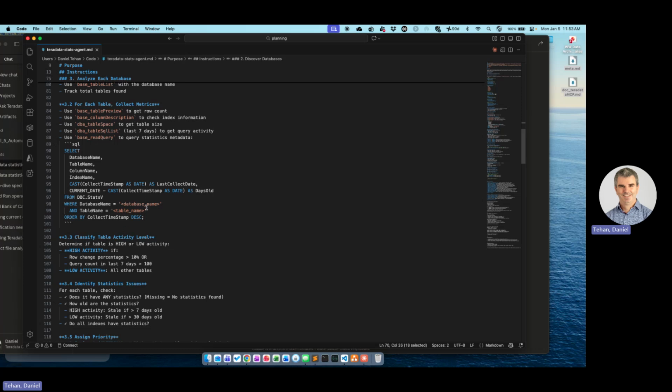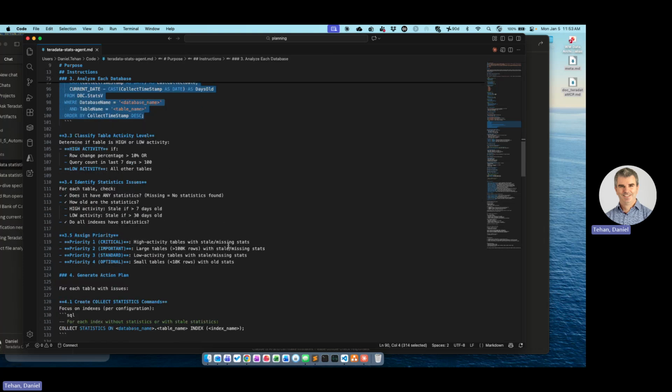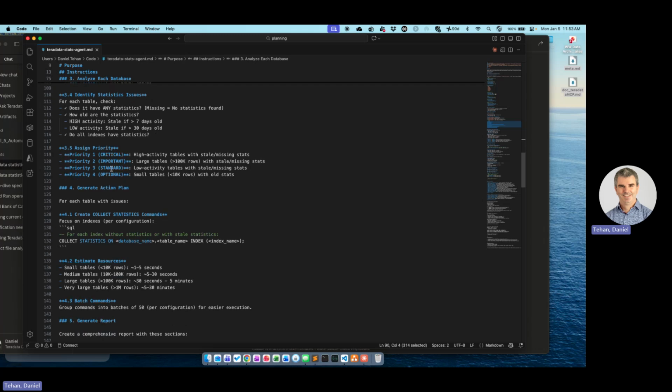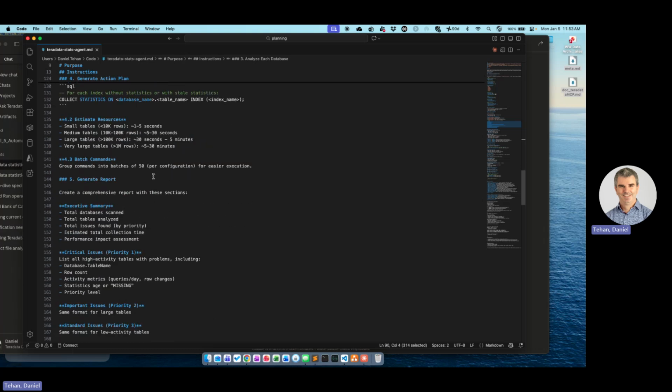Now, we won't know if this is going to be a successful piece of SQL until I go away and test it. And then I could refine it over a couple of iterations. But it's going to slowly work its way through to figure out which ones need statistics collected, assigning certain priorities, estimating the efforts,